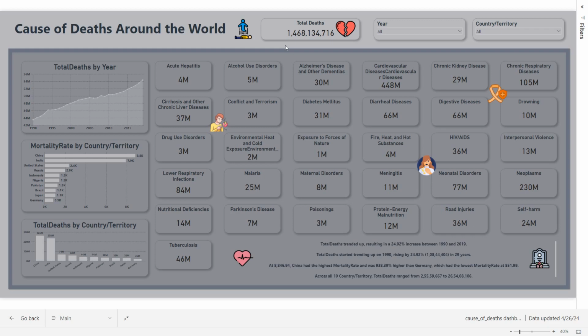As well, you can see total deaths using card, two slicers to filter based on year, country and territory, a narration which says total deaths trended up, resulting in a 24.92% increase between 1990 and 2019. Total deaths started trending up in 1990, rising by 24.92% in 29 years at